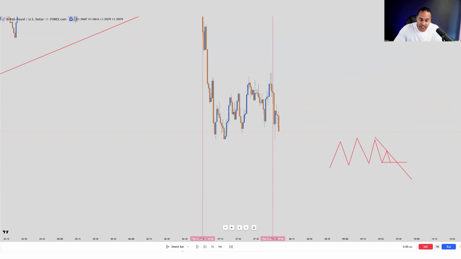So as you can see here, we have this consolidation. We know the previous candle has closed bearish. We have a structural high and we have a structural lower high. This is what we call a deviation. As you can see here, we have a strong bearish close. Now,